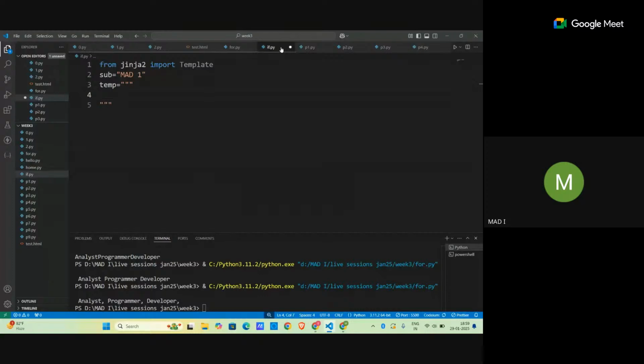Insert this again. We are using a block. So here we will write the percentage sign. Now we will write if one in sub. If this condition is true, I want to print